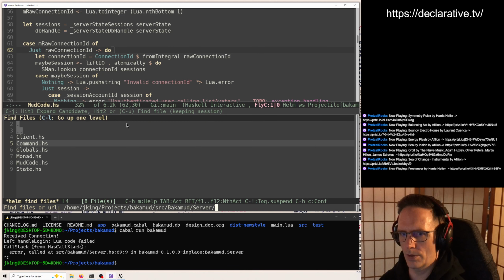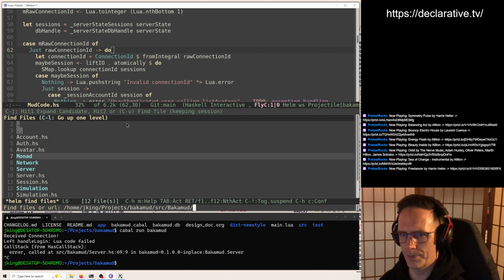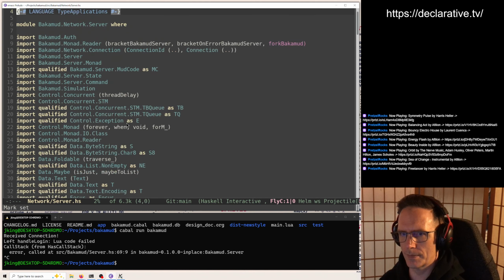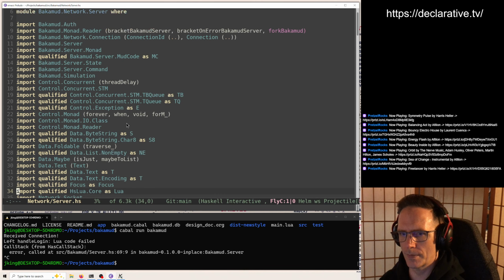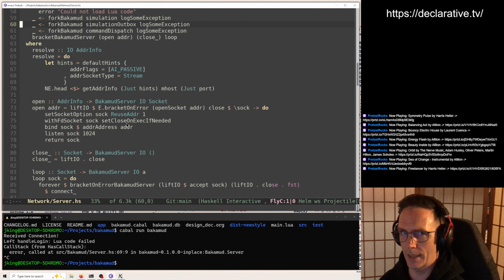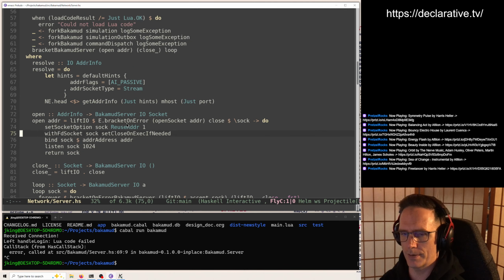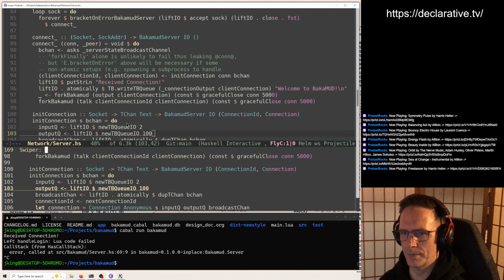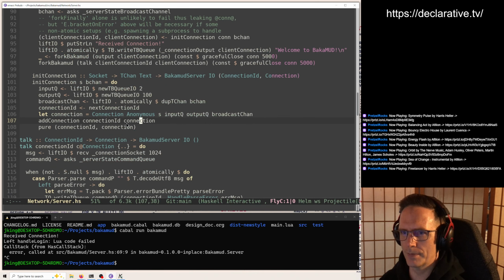So we've got to update the network server. And when we get a connection, we've got to add it to the connection map as well, the session.